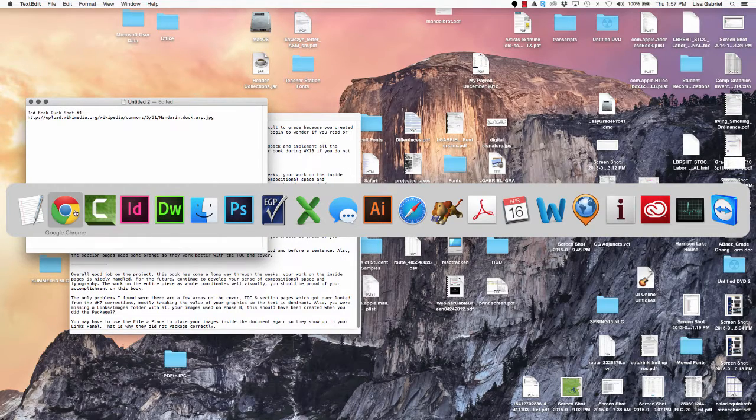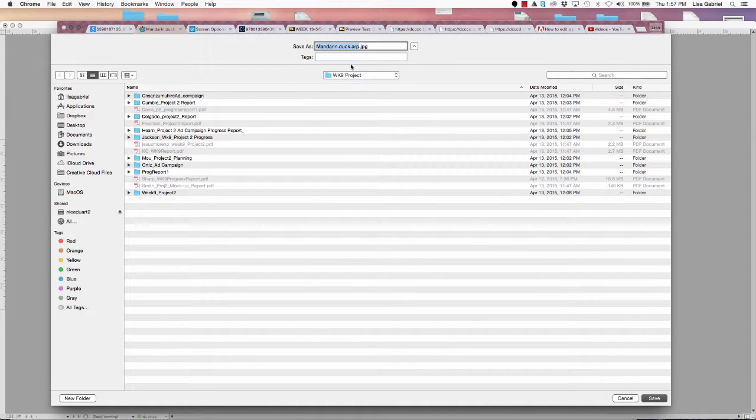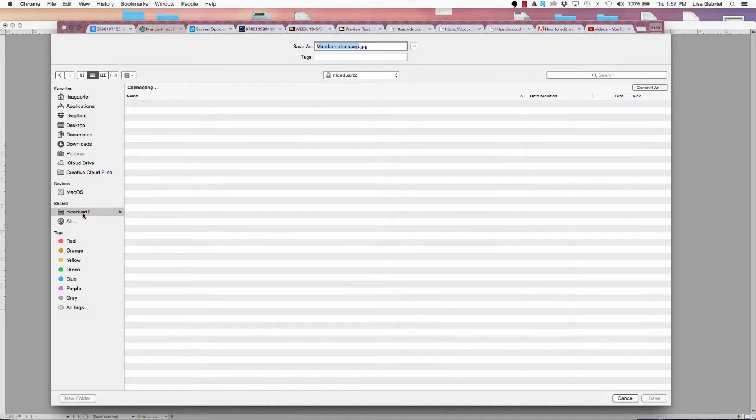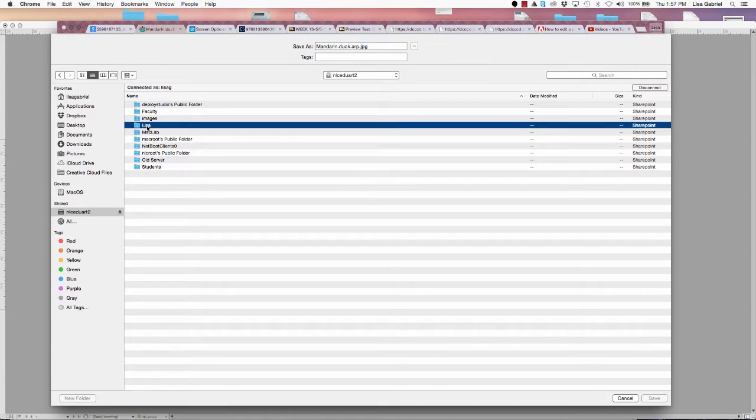Okay, so let's go back to here. Okay, so now at this point, what I would do is I would either right mouse click on the image and do a save as, and this window will come up. Now, at this point, you should save your file into your organized project area. So in other words, if I go into the testing area where I create all these demonstrations, which is actually on my desktop